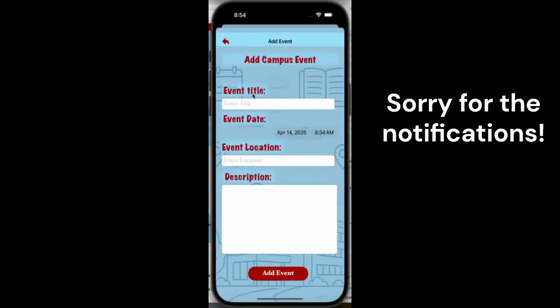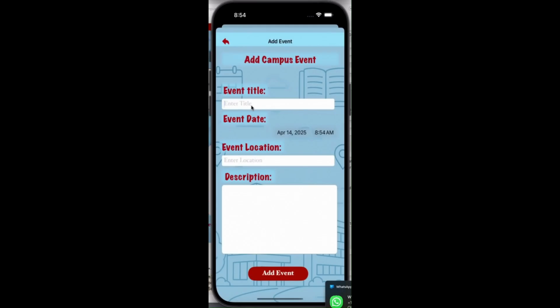Yeah, so now we'll just enter an event. While this is going on, I'll walk you through the structure of how I have created the